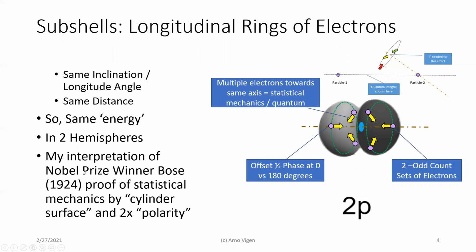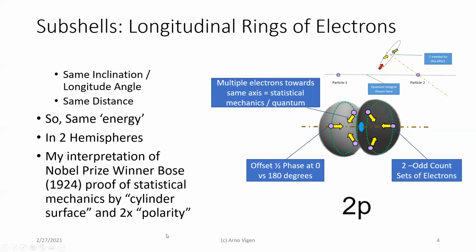Now, my interpretation is different. He used strictly statistical mechanics. But basically, that funny factor of 2 that you get in statistical mechanics is the effect of having electrons pulled towards an axis that you don't know what it is. You don't have a frame of reference. Of course, I know the nucleus for this electron. It's not the same place, but I can use that as the frame of reference, and that will change